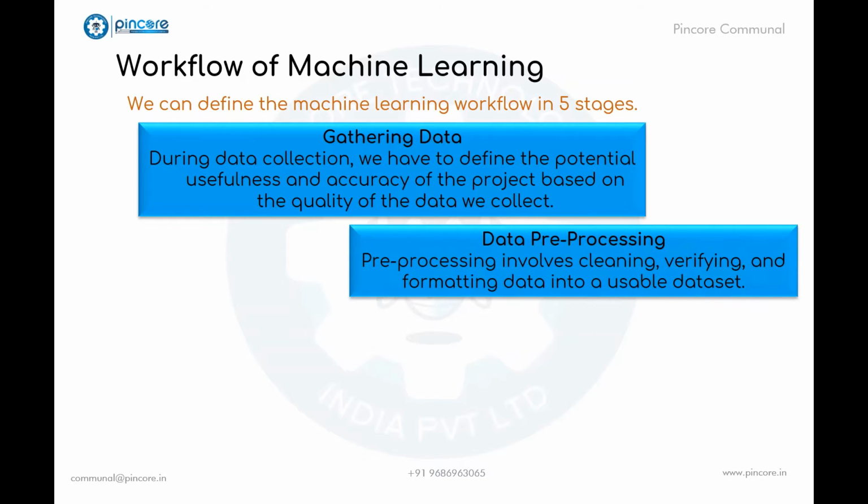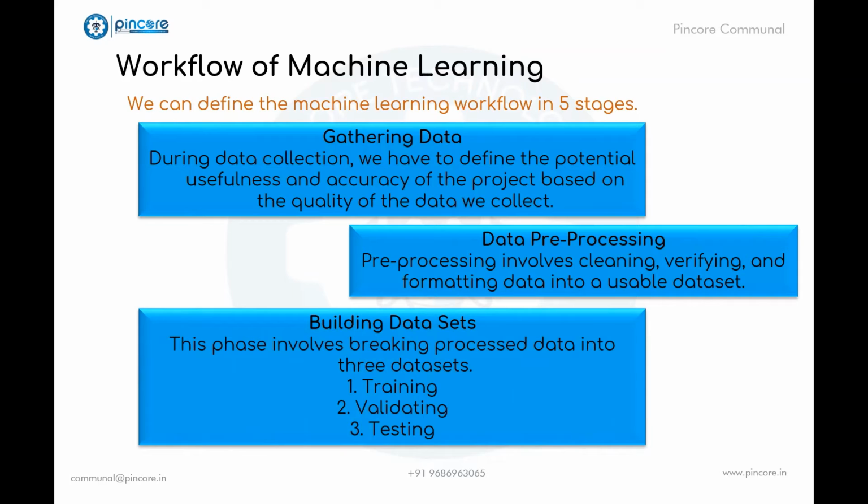Once our data is collected, next we have to pre-process it. Data pre-processing involves cleaning, verifying and formatting the data into a useful data set. If the data is collected from a single source, then this will be a straightforward process. The next step is building the data sets, and this phase will involve breaking the data into 3 data sets,